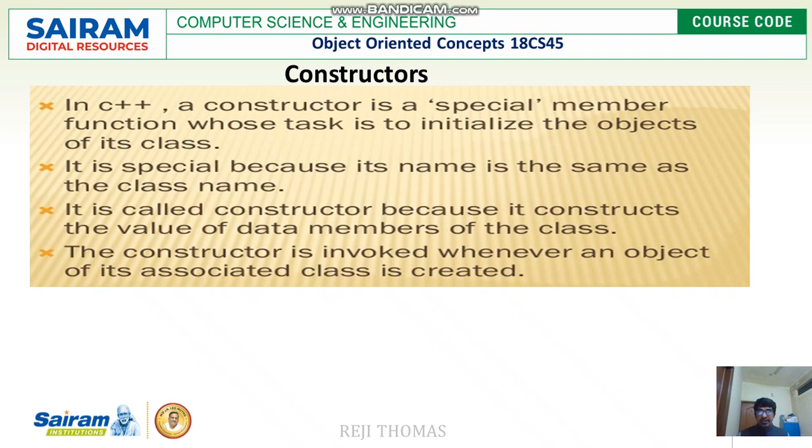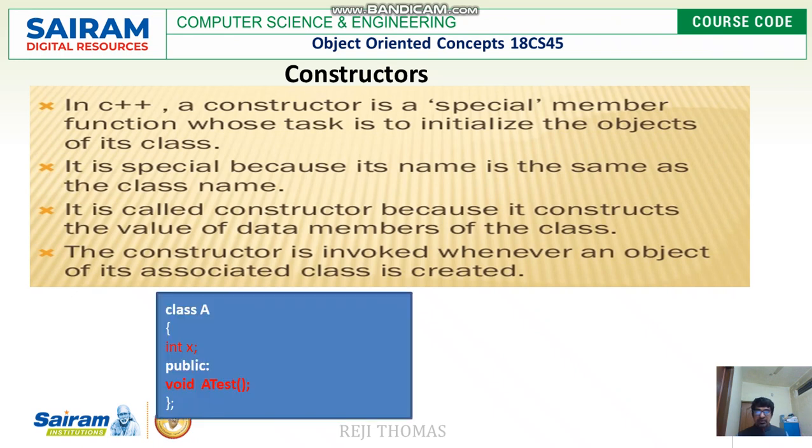It has got the name constructor because it is going to construct the values for the object. Its basic function is to assign the values for the objects. And this is called automatically. It is invoked automatically whenever you create an object. So let us see